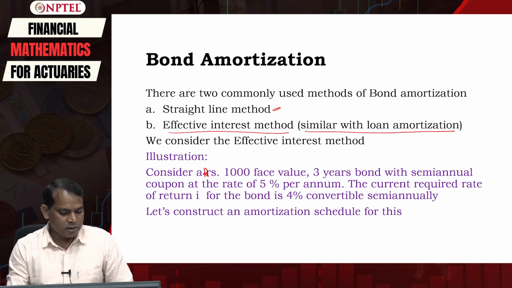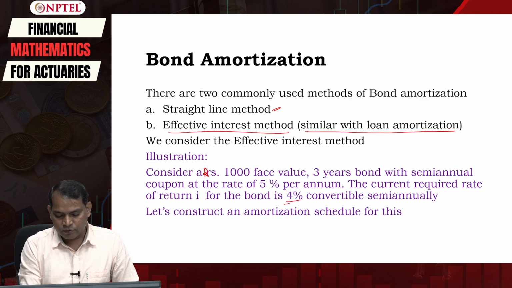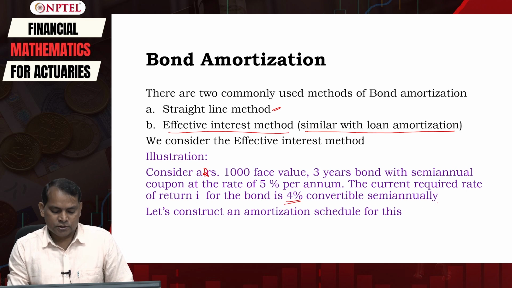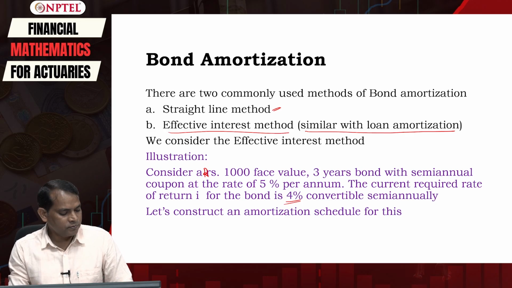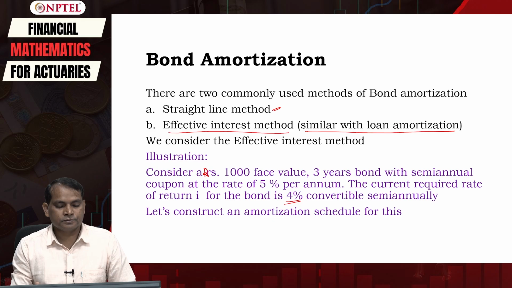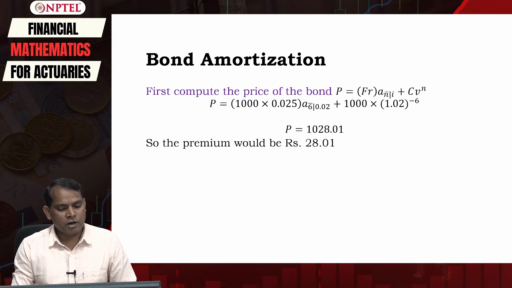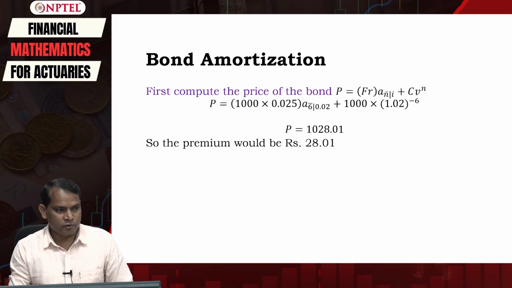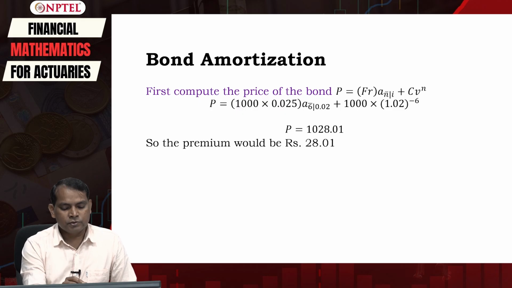The current required rate of return for the bond is 4% convertible semi-annually. Let us construct an amortization schedule for this. First, we have to compute the price of the bond. Using the basic price formula, we can compute the price of the bond as P is equal to